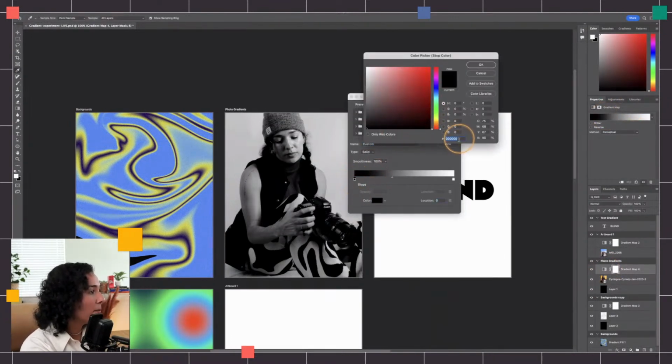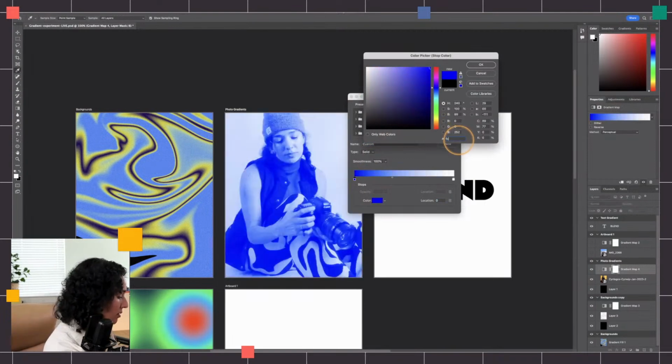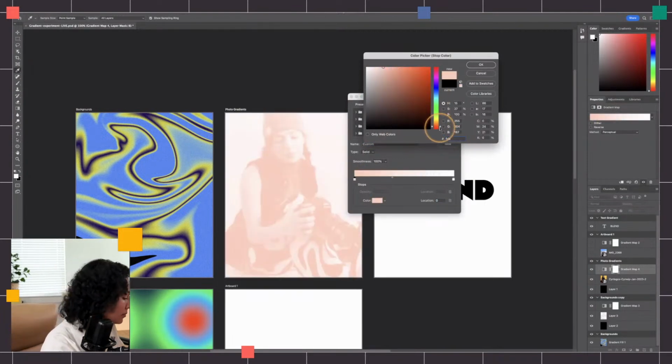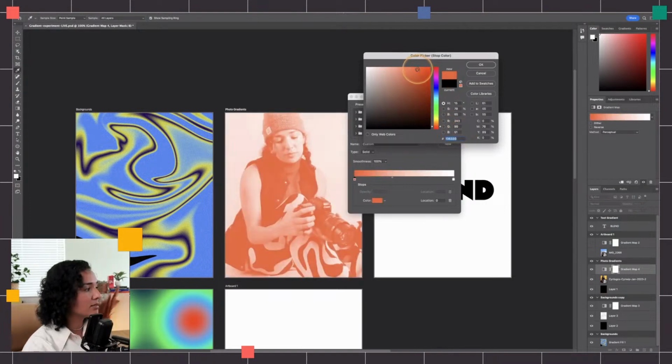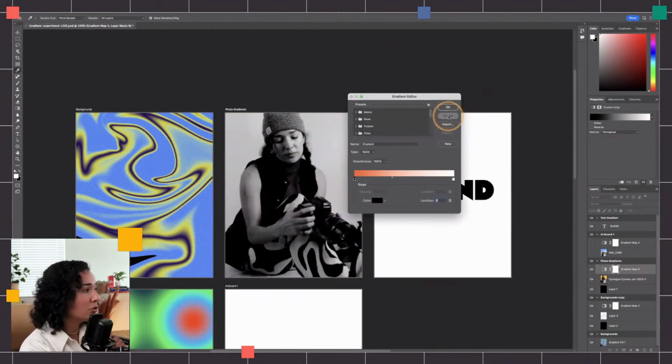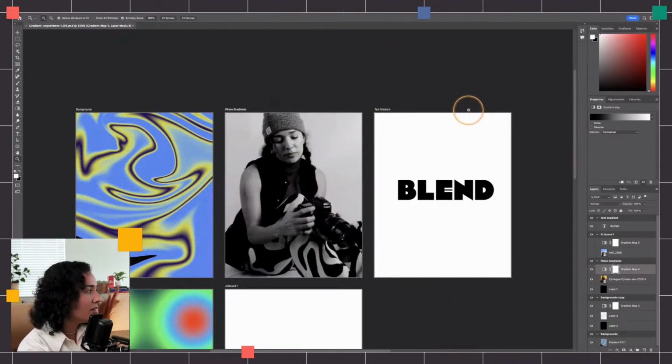Let's say maybe something like this. Now we have a duotone filter right away from our gradient maps, which I think is pretty neat. All right, we're gonna go back to the black and white so I can show you another really